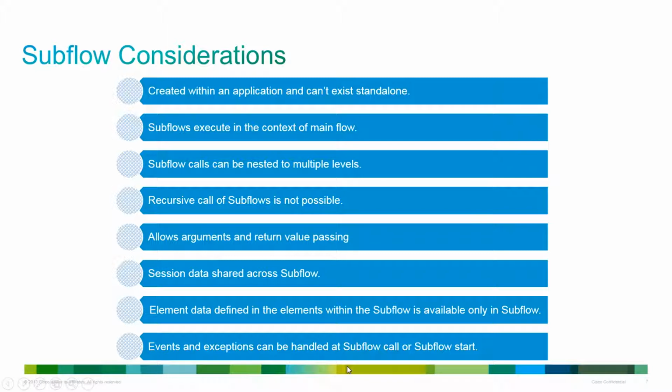Exception handling is another feature in CallStudio where any error or event that occurs during the execution of an application can be caught and handled gracefully. These exceptions can be caught at multiple application elements. You can refer to the CVP documentation to learn more about exception handling. What we want to say here is that exception handling is supported with subflow elements as well. That is, we can handle exceptions at subflow call as well as subflow start elements, and also at any elements added in a subflow that support exception handling.